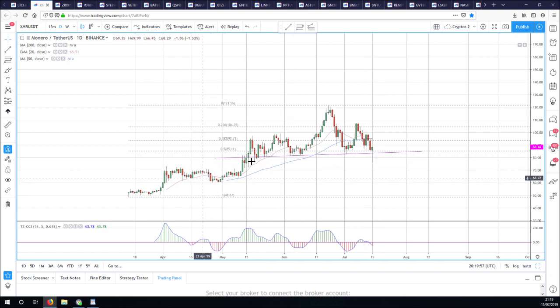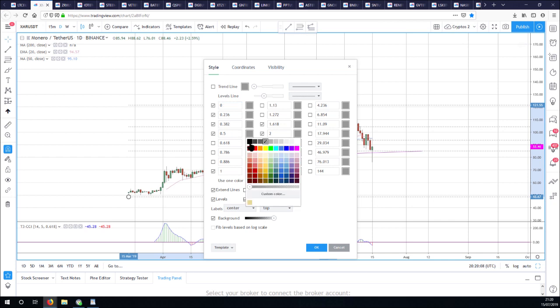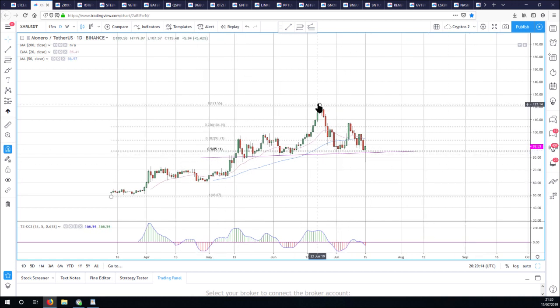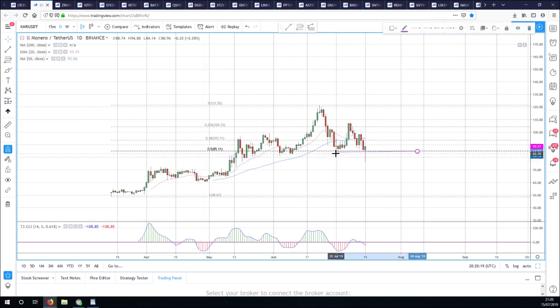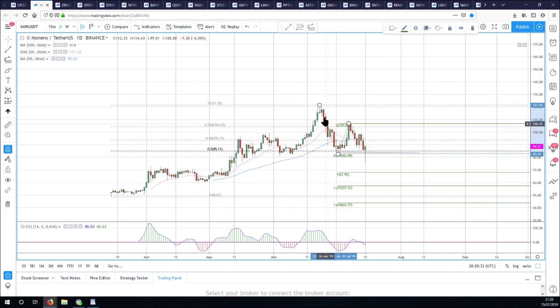The real level here, and if we put our fibs on in Monero Tether from this low to this high, the real support that we're hanging on is this 50% back. I'm going to make it much darker so you can see it. Here's our 50% level through the middle. Once we got here, we held it, and now we've retested it. So really, what we've got just here is a nice double bottom swing failure pattern at the 50% retrace level. Now, this is not a very pretty equal measured move, but this second swing is 61.8 of the first swing.